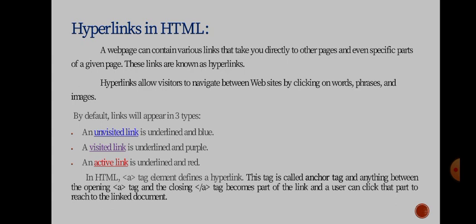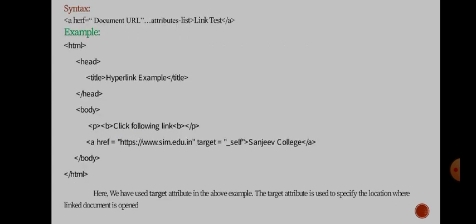In simple words, to make a hyperlink in HTML pages, use the opening a tag and closing a tag. The opening a tag indicates where the hyperlink starts and the closing a tag indicates where it ends. Whatever text is added inside this tag will work as the hyperlink. And this is the syntax.